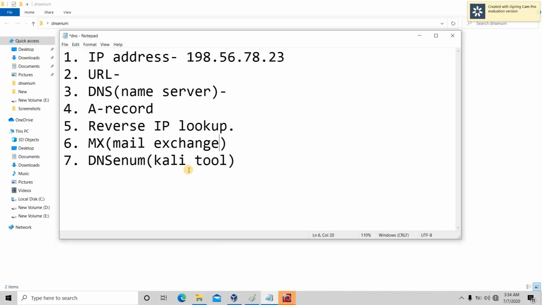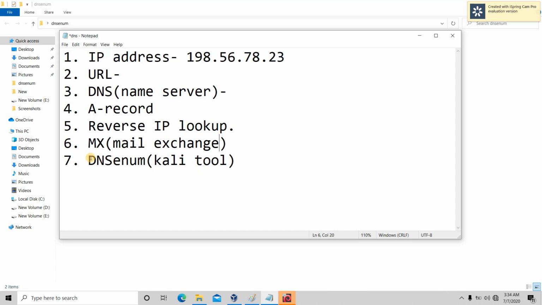It is a tool for DNS enumeration, which is the process of locating all DNS servers and DNS entries for an organization. It identifies basic DNS records, MX mail exchange servers, name servers, and A records, the address record for a domain.